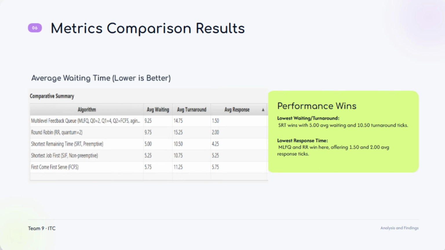So what we talk about next is the matrix comparison results. In this table we compare the performance of all 5 CPU scheduling algorithms using 3 matrices: average waiting time, average turnaround time, and average response time. Looking at the results that we show, shortest remaining time, or SRT, achieved the best waiting and turnaround performance, with an average waiting time of 5.0 ticks and an average turnaround time of